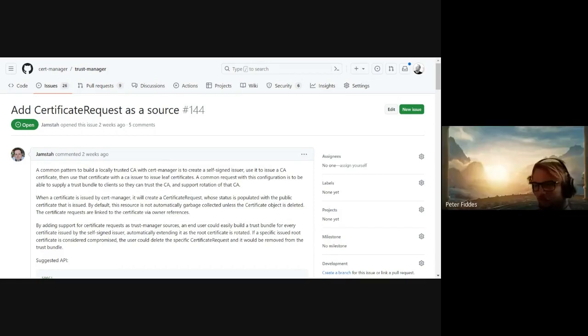I think my comment was along similar lines, so maybe to help people who would like to give input on this, we could set some sort of direction that we'd like to take. Would it be fair to say that we want to distribute trust with Trust Manager? However, it's input there,